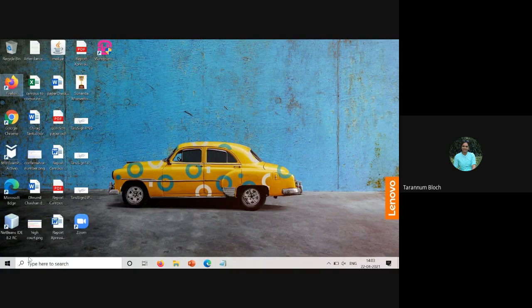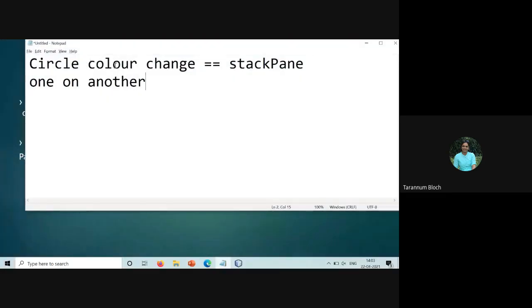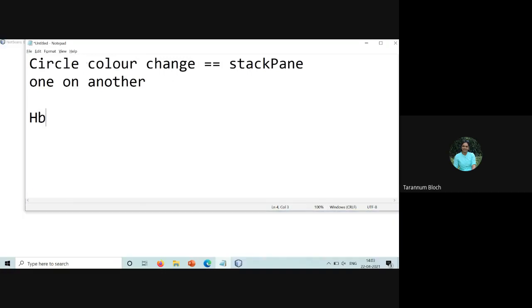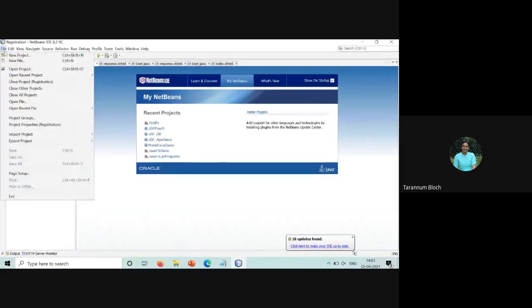Do you recall where we have seen this? Can anyone recall where we used the stack pane? I told you, right, in the color change program we used the stack pane. HBox is a horizontal box.